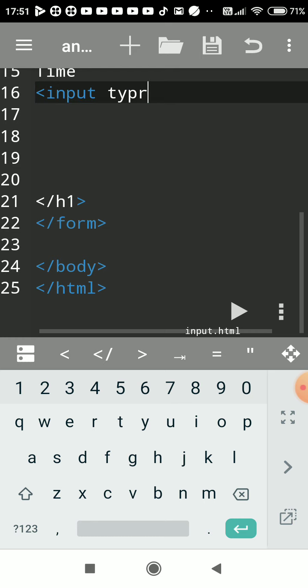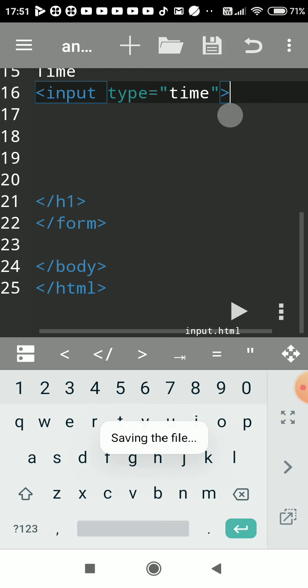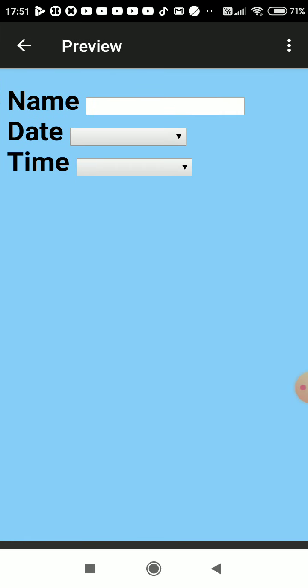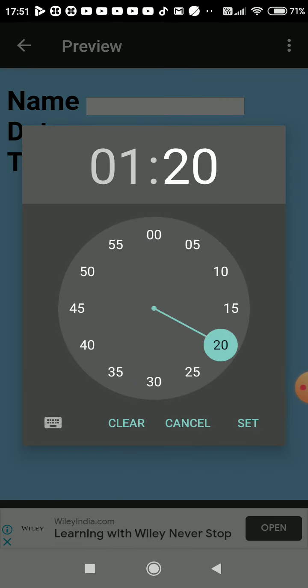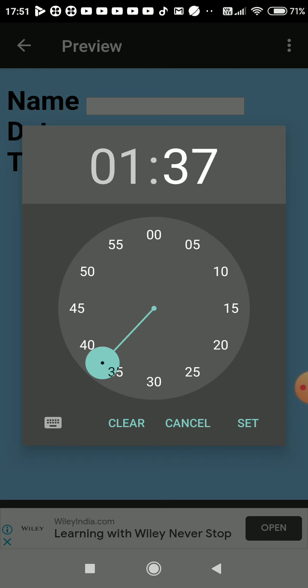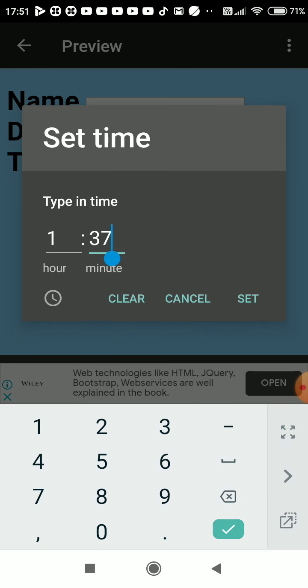Type is an attribute. Now we are creating a control, which control? The time control. This is also called an element. Now we'll save and run. See, this is also called a time picker. You can select any time, and even here a keyboard is there. You can select with the keyboard and you can type also. Suppose I want 50.